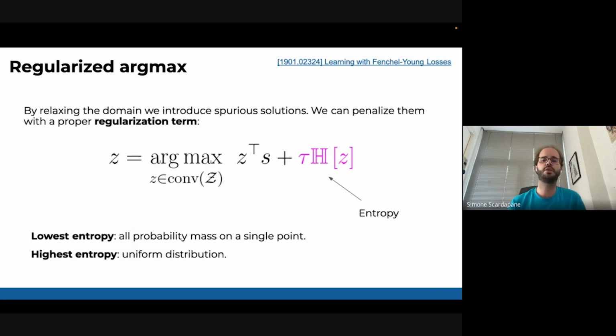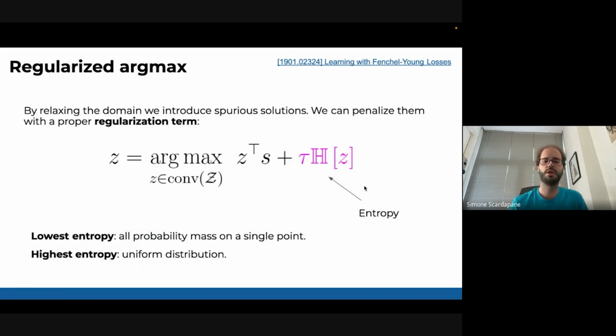Typically you can select an entropic regularization. Entropy is a property of a probability distribution. A probability distribution with very low entropy is one where you put everything on just one element, and that's what we'd like. It corresponds to a discrete one-hot vector.